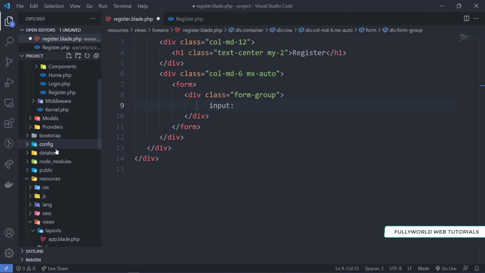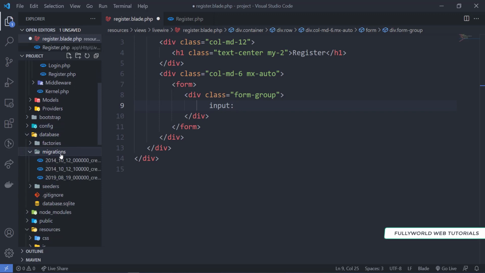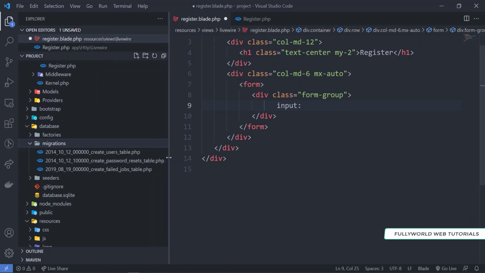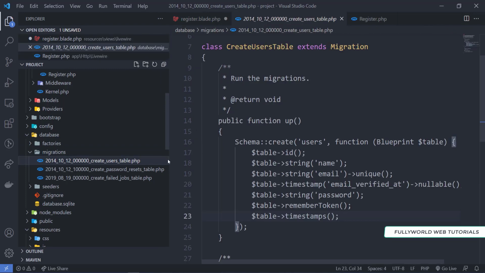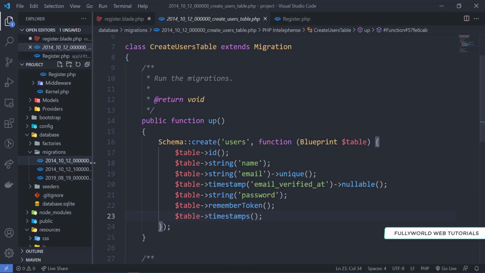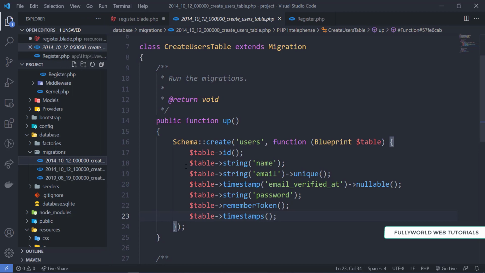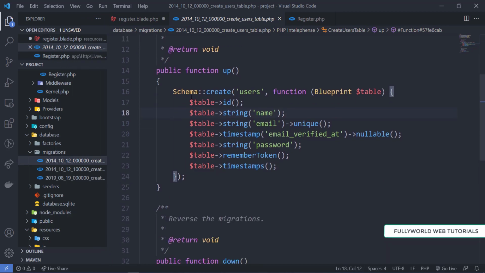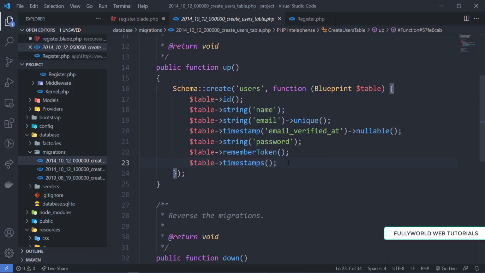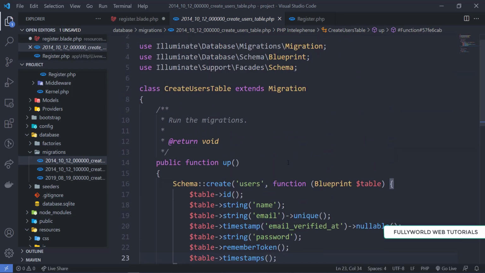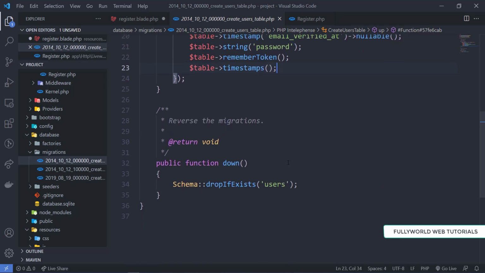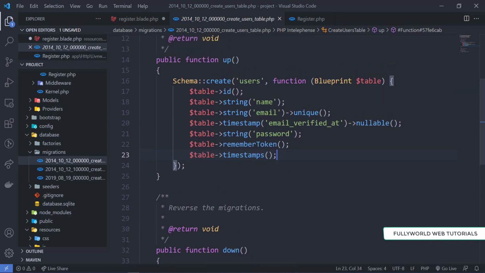So we will go to the database here, and then we will go to migrations. Let's see the user migration here. The create user table migration is here. This is a table that we created, and here, see that there is nothing in fillable. So in fillable we can write name, email, and then we need only password here.